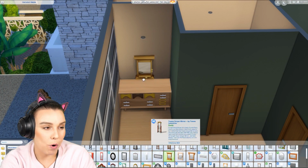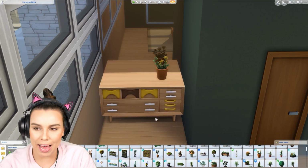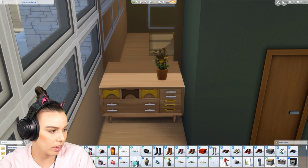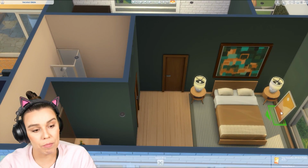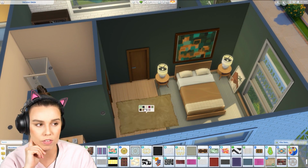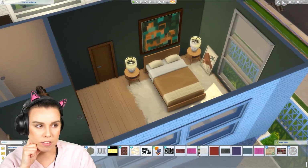That wardrobe, I think, did that come in the bowling pack? There are a few random items that came in the bowling pack, but it was so strong in giving off that mid-century vibe. Oh no, it came with Get Famous. So Get Famous had a lot of items like that. And to be honest, I don't really use that dresser very often. I feel like it's too many ornamental elements on it, but I thought, you know what, let's just use it